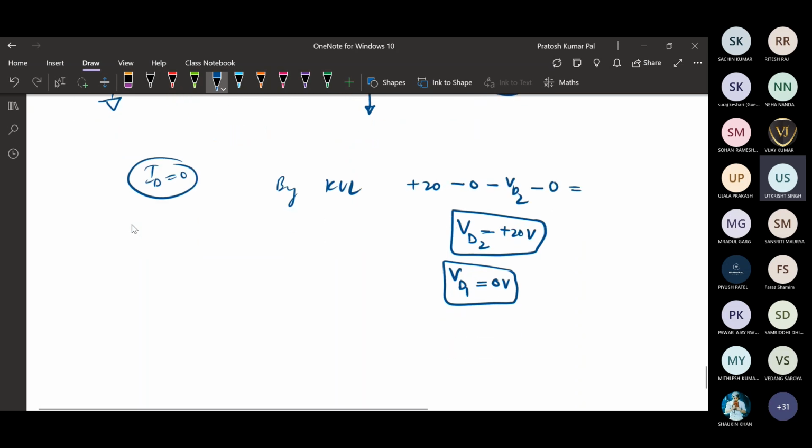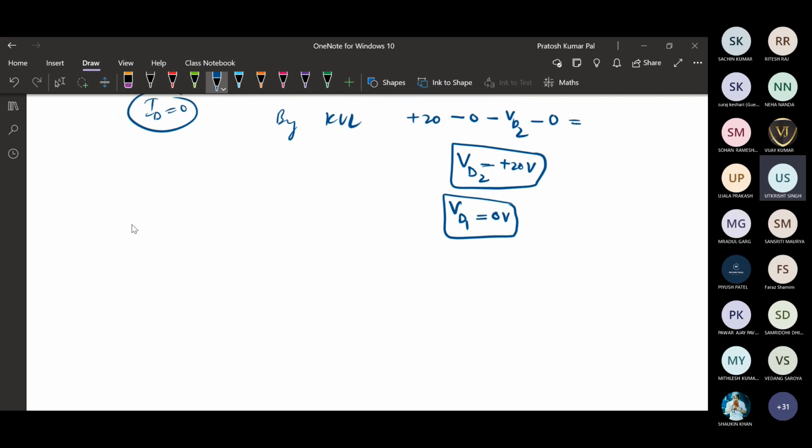So this is how we will do the analysis. This is all about the basic analysis of diode circuits. Now the next topic we will see in the next class: the rectifier as an application of diode, where we apply an AC signal. How can we rectify the AC to get DC? From the AC, how can we find the DC component with the help of a rectifier circuit, how it works, and what different types of rectifier circuits there are. We will see that in the next class.